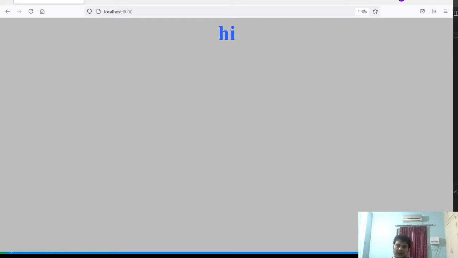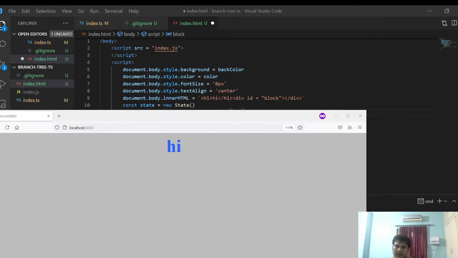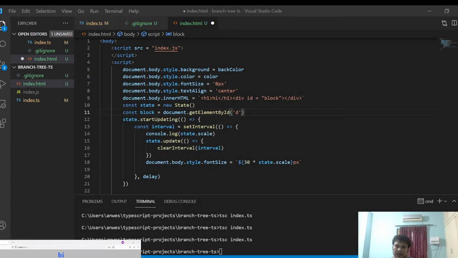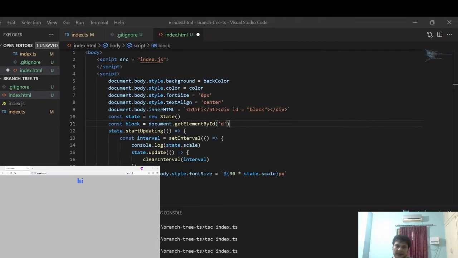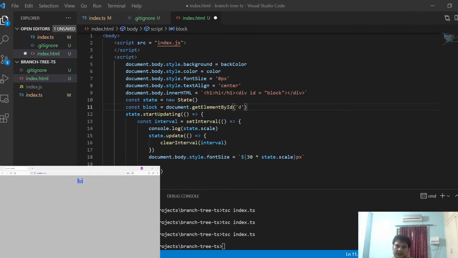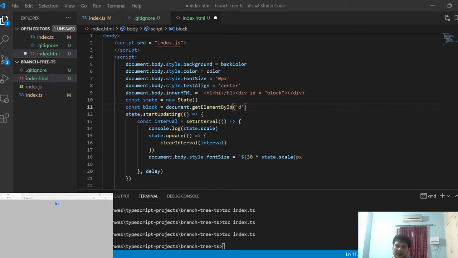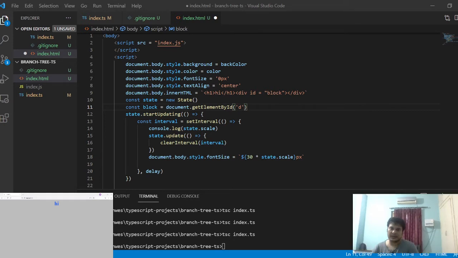const block is equal to document dot getElementById. So what I'm basically doing is I'm creating a small block.